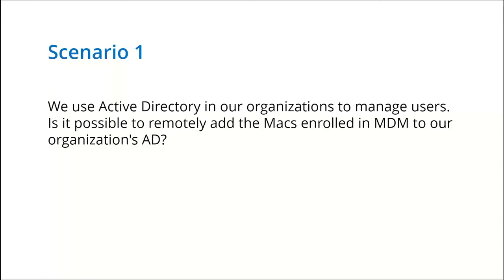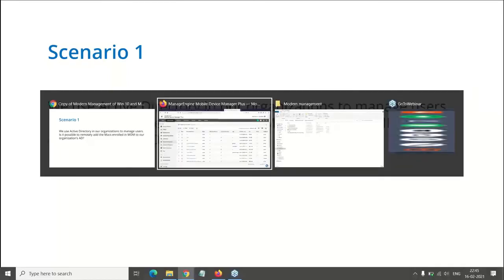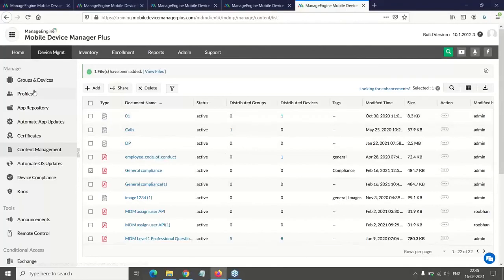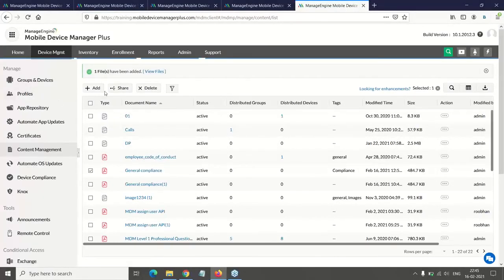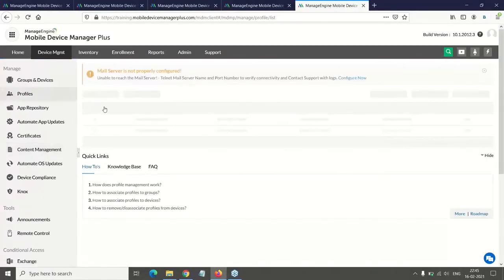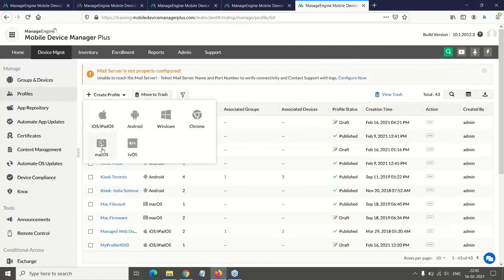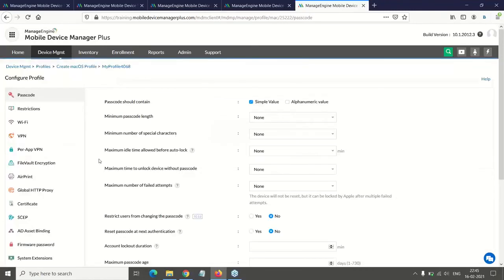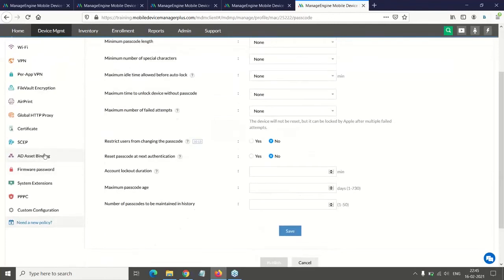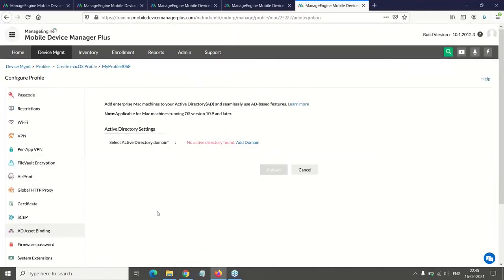So this is a common question asked by the IT administrators, and this can be done on the MDM via profiles. So you can click on profiles, create a Mac profile, and over there you will have AD asset binding. Here you can integrate your Active Directory.